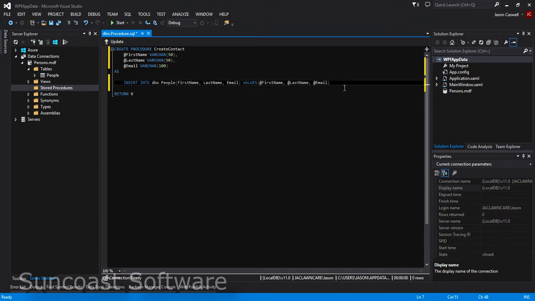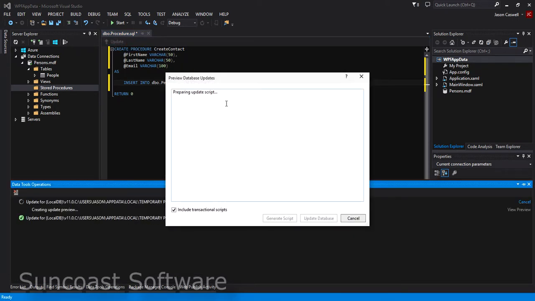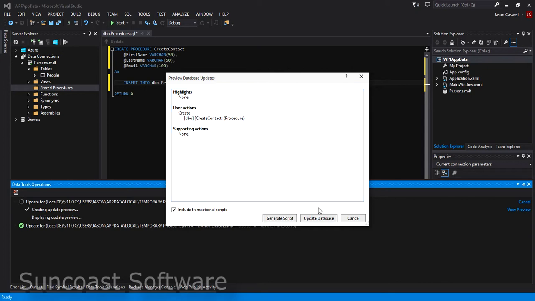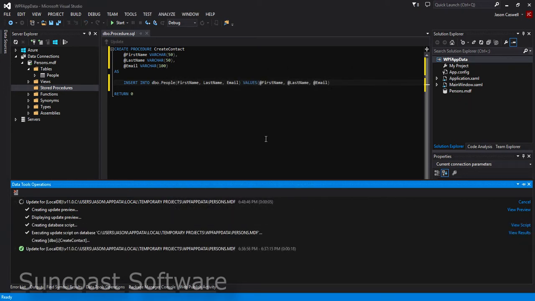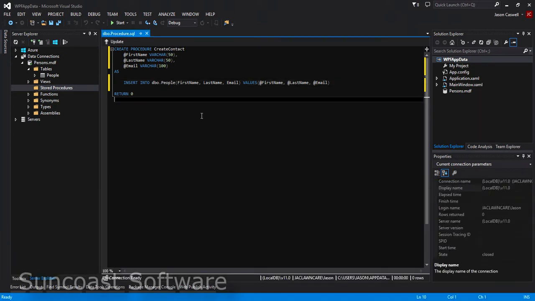So I hope that part makes sense. This is just a real simple insert statement. So now I'm going to go ahead and click update, and that's going to update the script against the database, and it's going to create that stored procedure for us. Okay, so once that's done successfully,